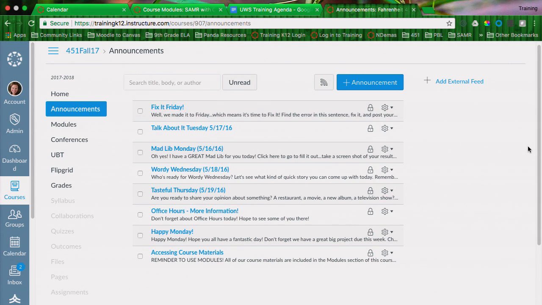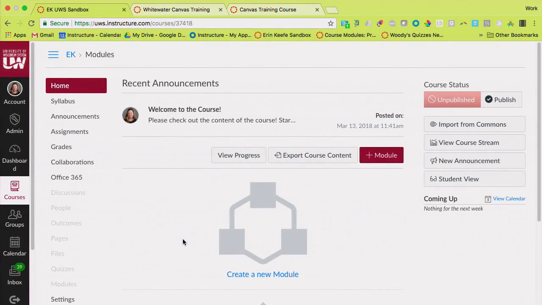It does have an RSS feed if you want to enable that for your students. And this way they could say, you didn't tell me that we were going to have a test, and I could say, it was in the announcements. They could say, I didn't see it, and I could say, look at the announcements link, there it is. So this is what the announcement space starts to look like once you use it more frequently.